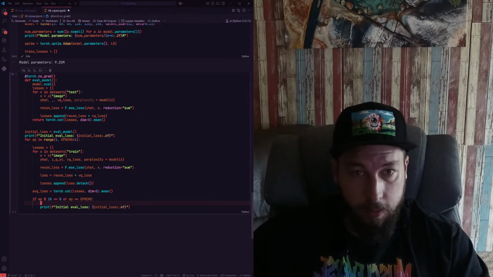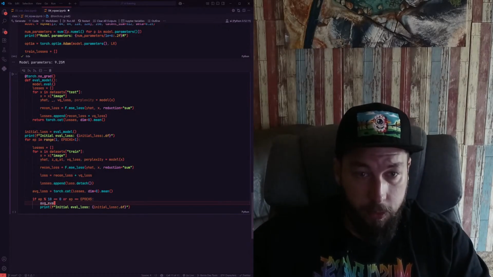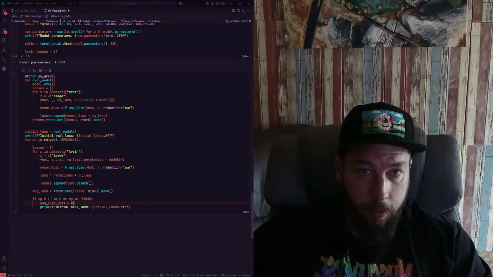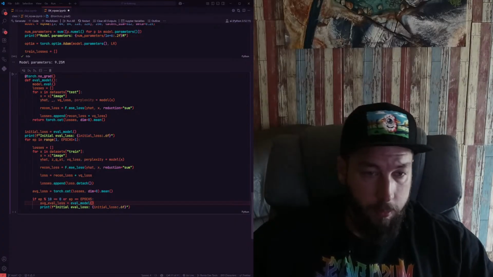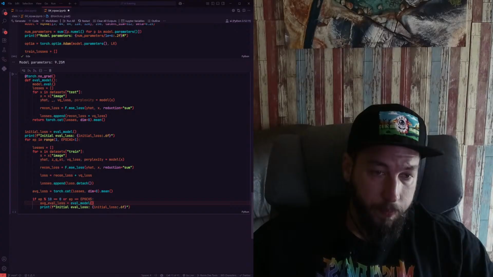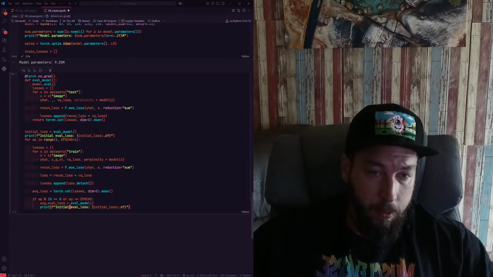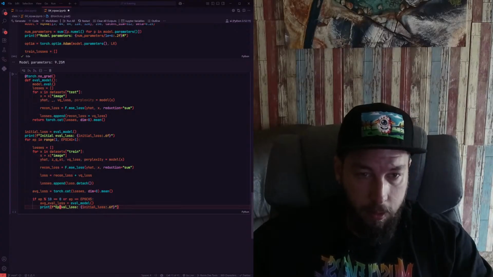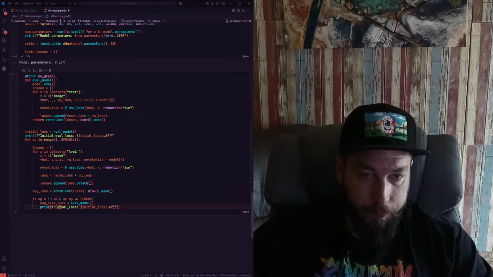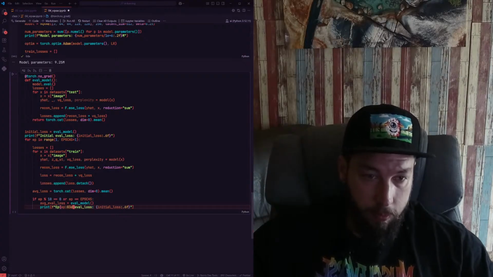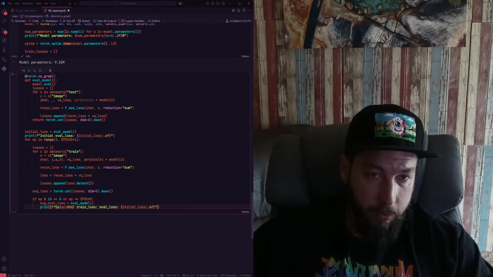In that case, the average eval loss is going to be, we evaluate our model every 10 epochs, and epoch EP, train loss. Obviously this is the average train loss